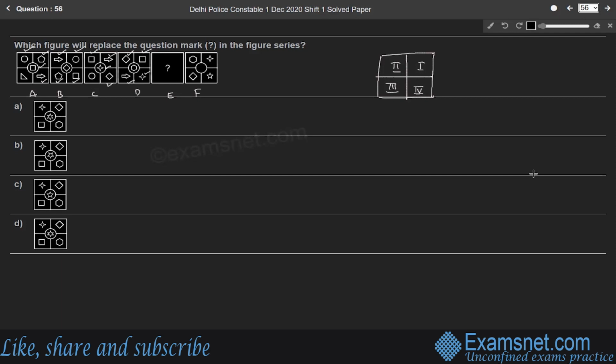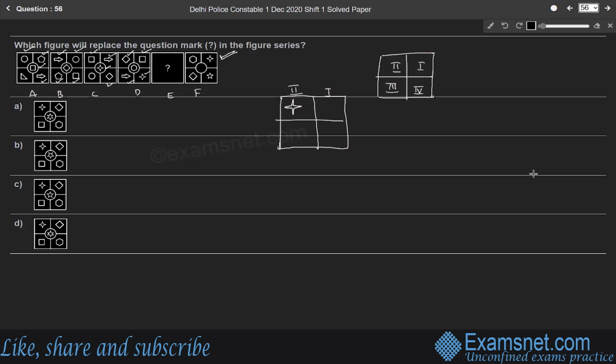Look at E and F. Based on F, we have to determine the positions of the shapes in E. Let us consider the E figure like this. According to the rule, the second quadrant element moves to the first quadrant in the next figure. This is the first quadrant, this is the second quadrant. If some image is in the second quadrant, it moves to the first quadrant of the next figure. So here this one. Therefore, the second quadrant element must be